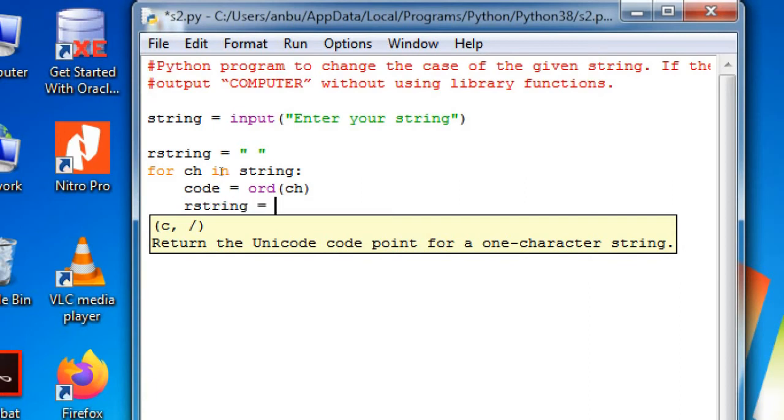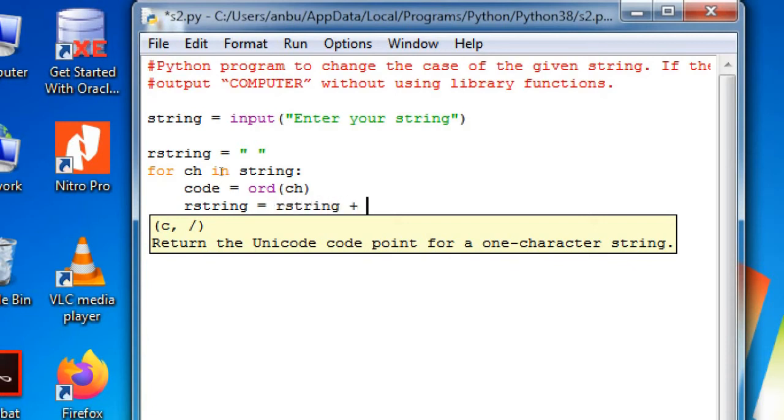As we all know, strings are going to be immutable. So within the same string, we cannot do all our modifications. Modifications can be done on a string, but it will not be reflected in the original string. In order to make the reflection of the updations possible, what we need to do is use an expression like R string is equal to R string plus.